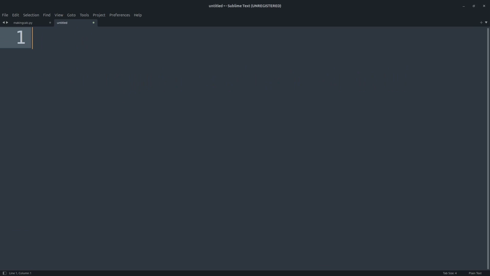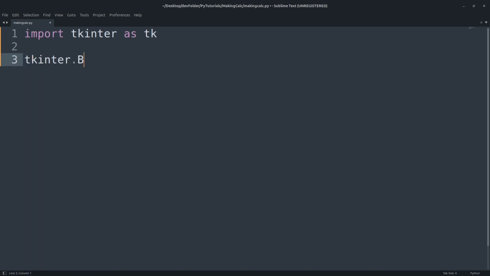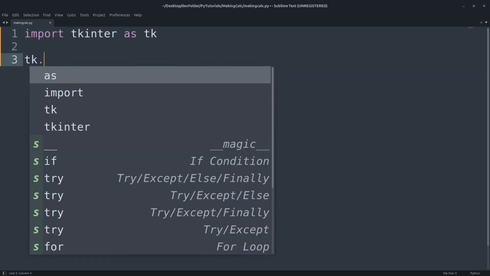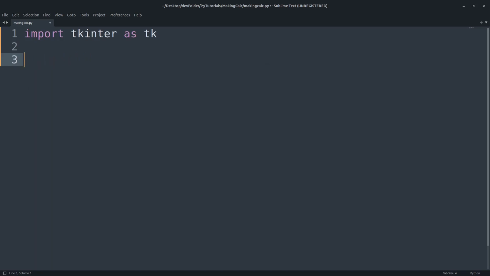So let's start. First of all, what you want to do is just import Tkinter as tk. I'm putting it as tk as it will be hard to write Tkinter dot whatever. For example, you can write Tkinter dot Button, but instead you can also write tk dot Button, since I've imported it as tk. Now I'm going to write calc GUI